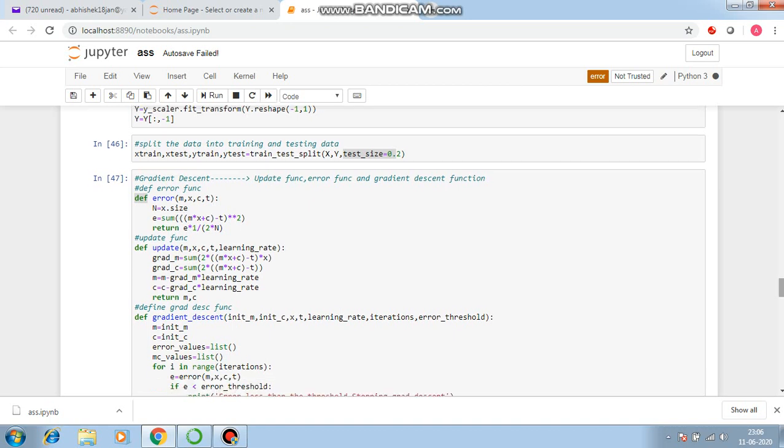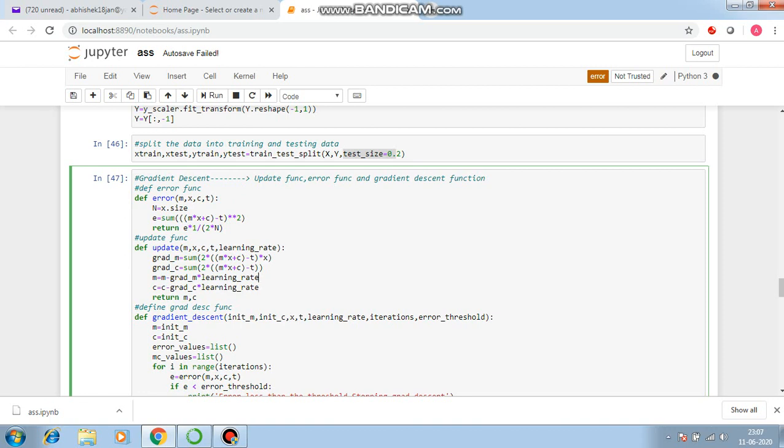Now for the gradient descent part, there are 3 functions: the update function, the error function, and the gradient descent function. We will first define the error function, then the update function, then the gradient function. For simplicity we are multiplying the learning rate later on, or otherwise we could do it here.